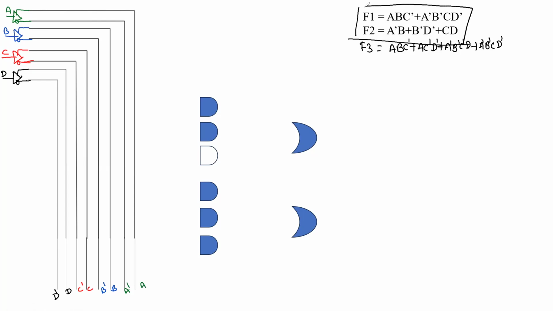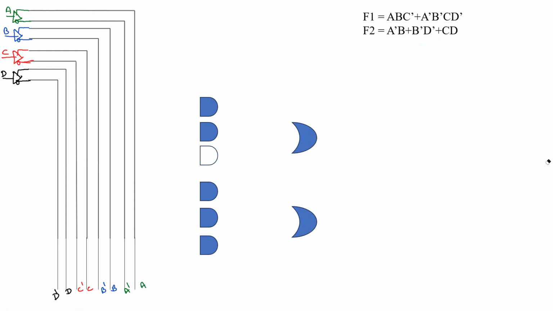So how are we going to implement this? For the given problem, suppose we have only these two functions, F1 and F2. F3 we are not going to utilize in this case. So finally, how are we going to represent it with the help of